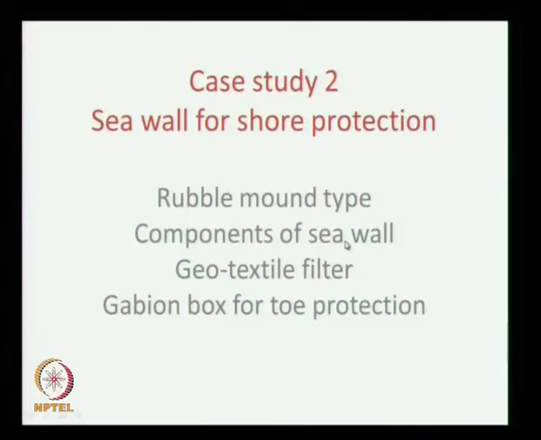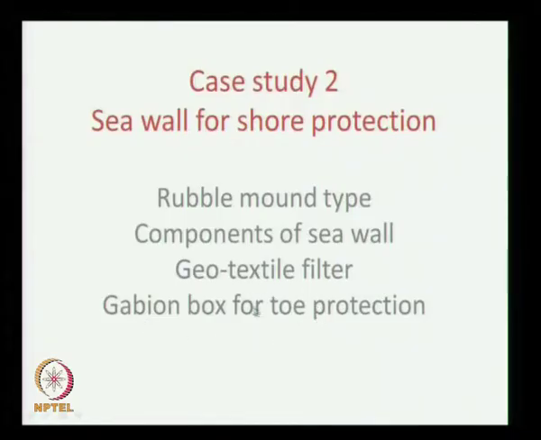We have what is known as a rubble mound type sea wall. We have different components of the sea wall, like the core layer and armor layer. On the Kerala coast, most places have this rubble mound type sea wall. In 2000, when this sea wall was to be built in Kanyakumari district